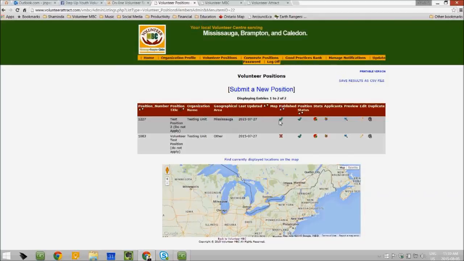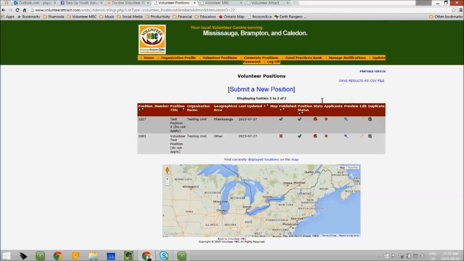And with these two volunteer position examples, you can see the very first one, we are currently recruiting volunteers, and also it is posted live to our system. And the second volunteer position, even though we are currently recruiting volunteers, for the moment or for some reason, temporarily, we are taking it out of the public view so nobody could apply.